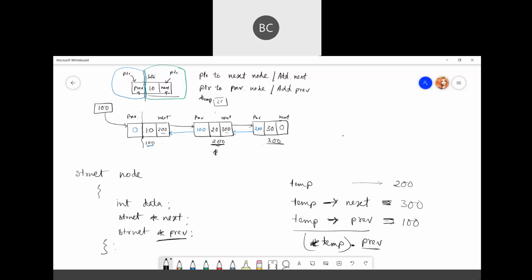So what will be the disadvantage of a doubly linked list? The advantage is that we can do reverse lookup. Everything is easier because we have the address of both the previous and the next node. What will be the disadvantage?